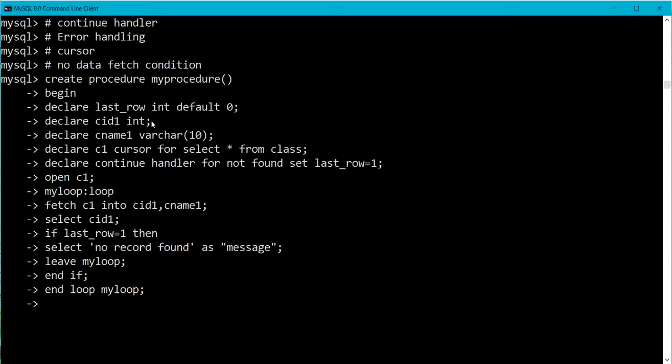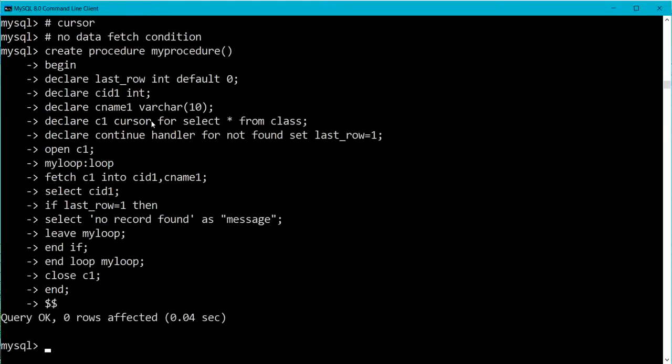And lastly, we need to specify the close cursor, close C1. So this statement deactivates the cursor and releases the memory. Now end the procedure with the end statement and delimiter.